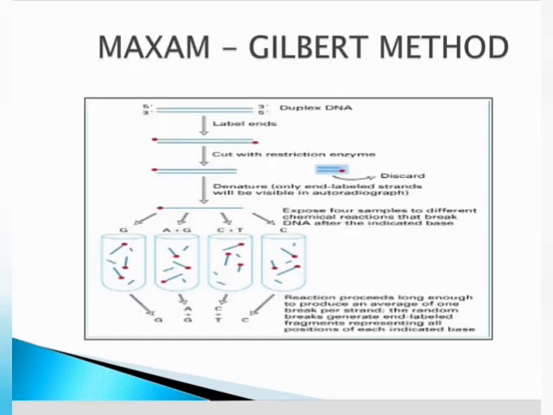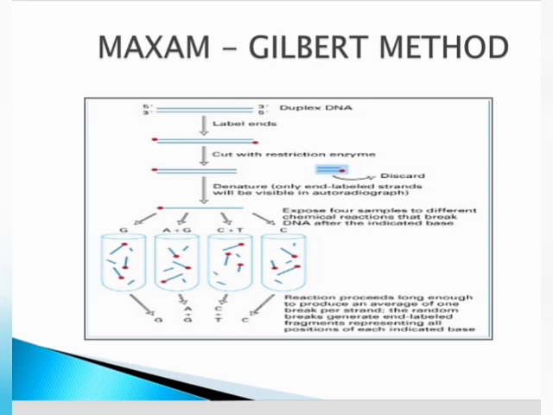This is the pictorial representation of the Maxam-Gilbert method. The first step of this method involves radiolabeling of the DNA which is to be sequenced. In this method, the phosphate at the 5' end of the DNA is removed by using the alkaline phosphatase enzyme, then using the enzyme polynucleotide kinase and radiolabeled ATP, the radiolabeled P32 is transferred to the 5' end.